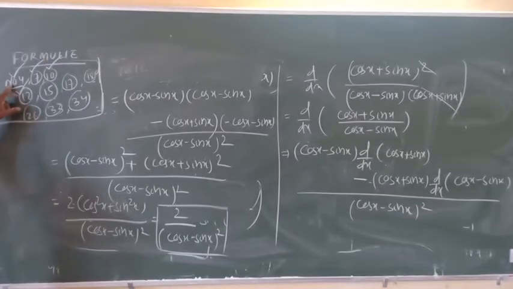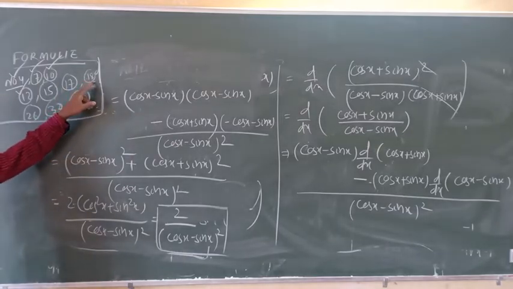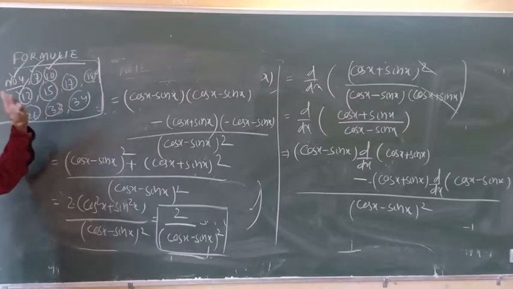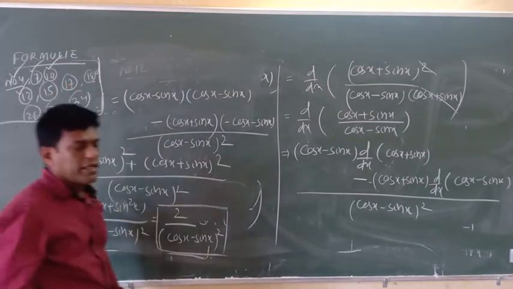So I already solved numbers 4, 7, 10 and 12. Next I am going to number 15, then 17 and 18, only discussing 18. I told you I am going to only discuss number 18, then you can easily solve it. But I am going to solve number 15 and 17 and onwards. Okay.